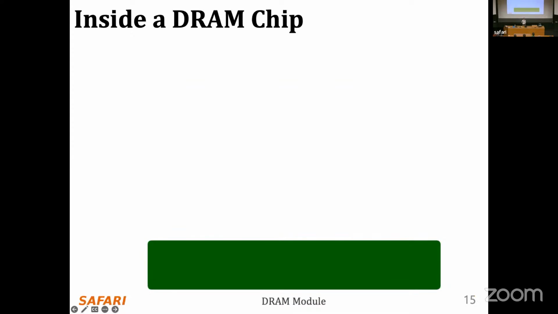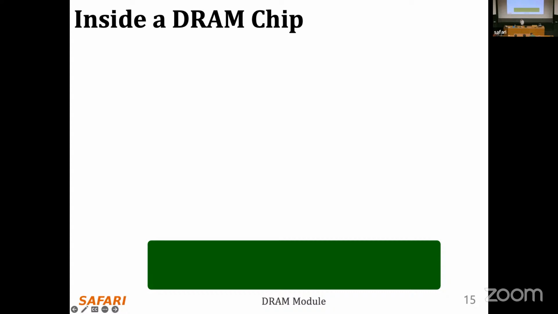Before I talk about processing using memory, I need to give a brief background on DRAM so we can be on the same page on how the computation is going to be done, and it does not look like magic. Probably during the week, you have seen a similar set of slides many times, and you're already tired of hearing about activations and pre-charge, but I need to refresh your memory on all of those components.